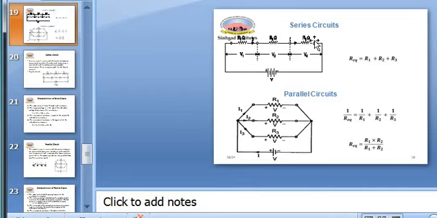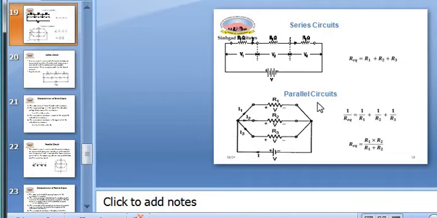And we know that in series circuit current remains same, but voltage across each device is different. Say voltage across this resistance is V1, this resistance is V2 and across R3 it is V3, when V is the supply voltage. Then in series circuit, what will be the total resistance? The total resistance is called the equivalent resistance. This resistance will be equal to R1 plus R2 plus R3. When the resistances are connected in series, the total resistance will be the addition of all the resistances connected in series.